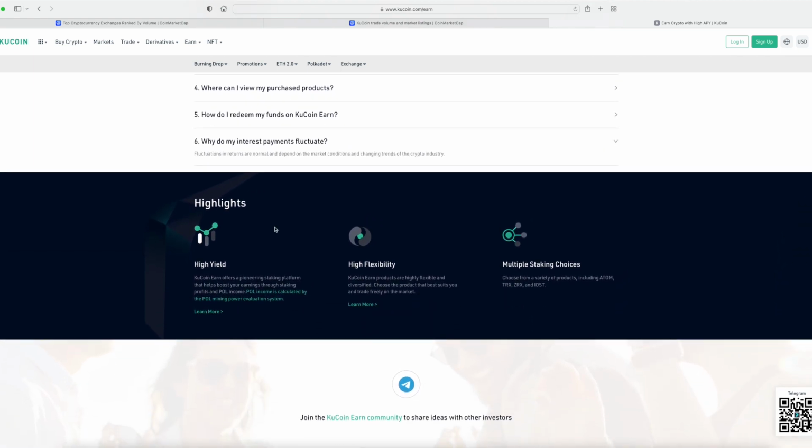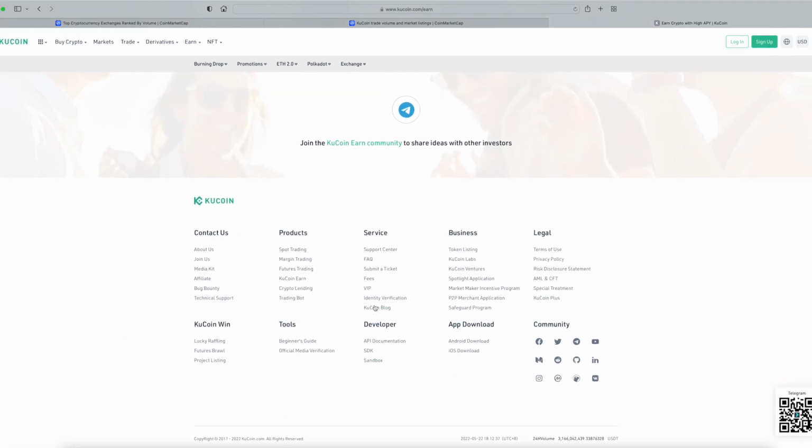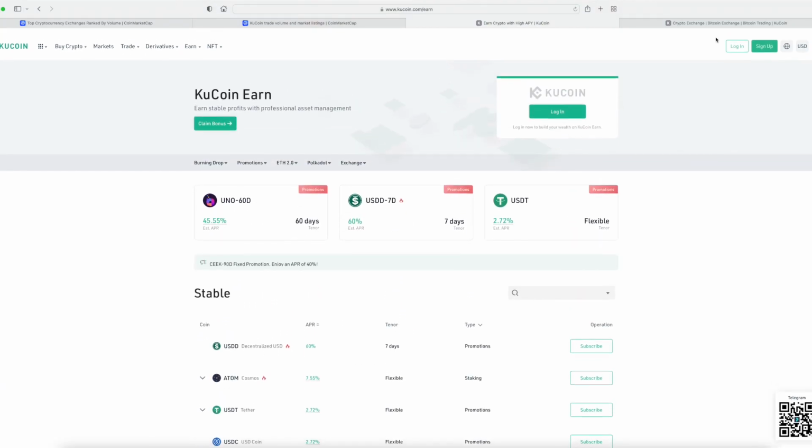Withdrawal fees vary by cryptocurrency. Here's what you'll pay to withdraw some of the popular coins. Cryptocurrency selection. Kucoin has over 750 currency pairs, 2 coins that are measured against one another, and